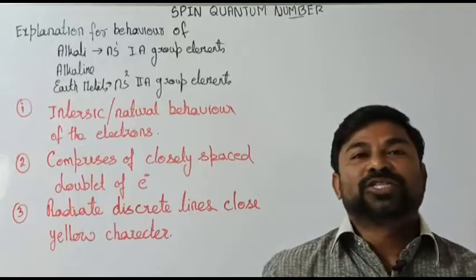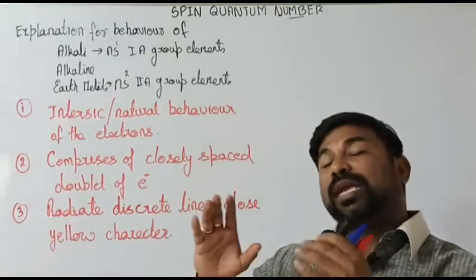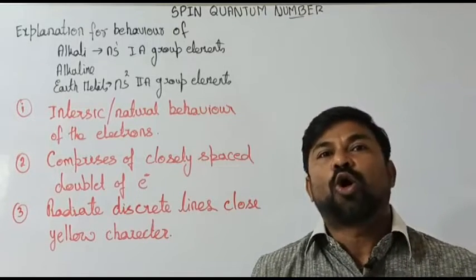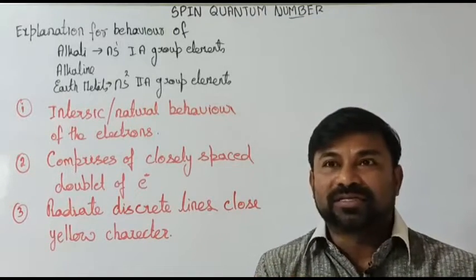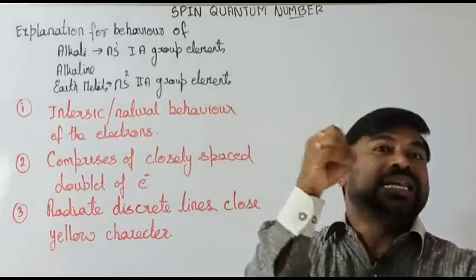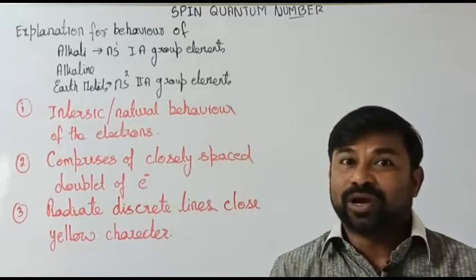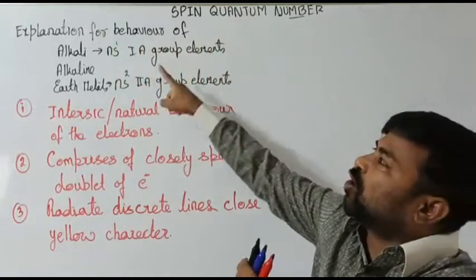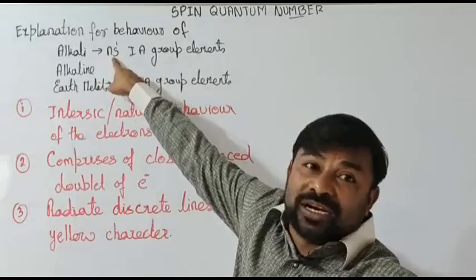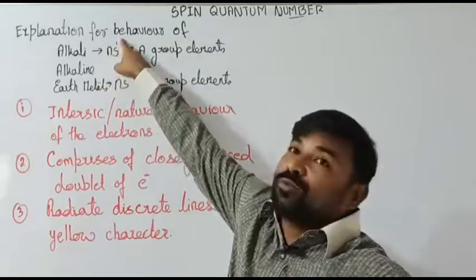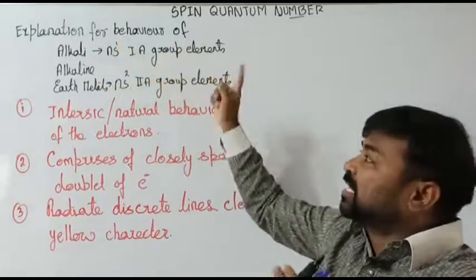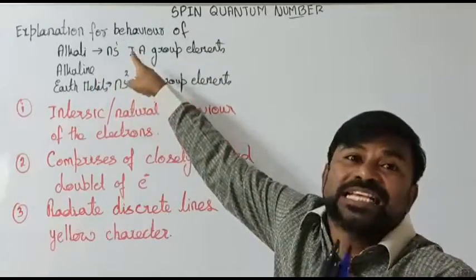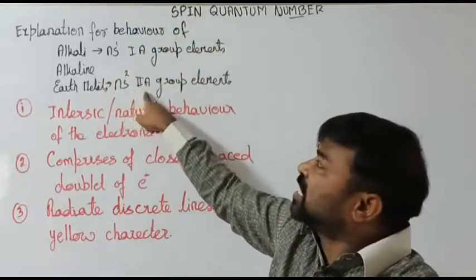What is the explanation given by Uhlenbeck and Goudsmit in the spin quantum number for the strange behavior of alkali and alkaline earth metals emitting light which is yellow in color, which others could not explain? So let's go for that one. Explanation for the behavior of alkali metals, whose general electronic configuration is ns1, the 1A group elements. In the same way, alkaline earth metals have general electronic configuration ns2, the 2A group elements in